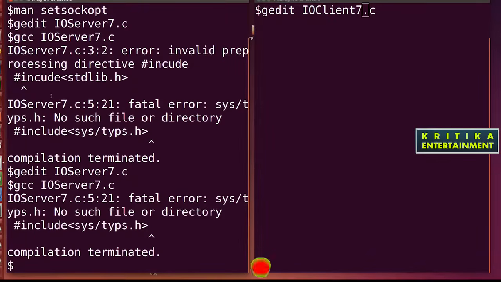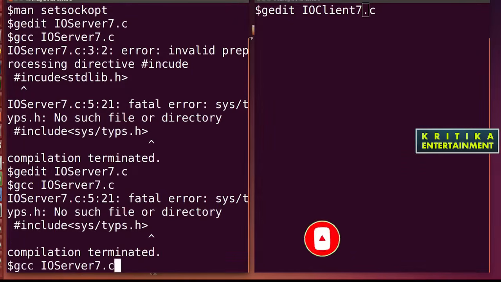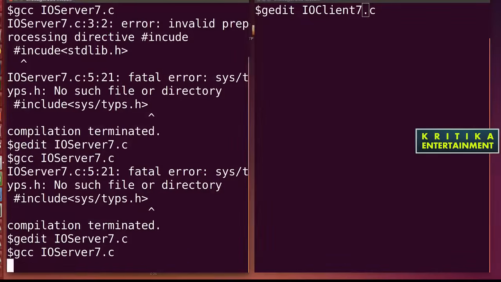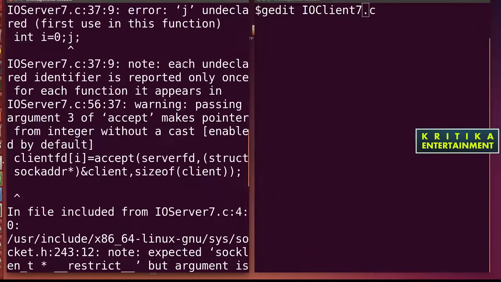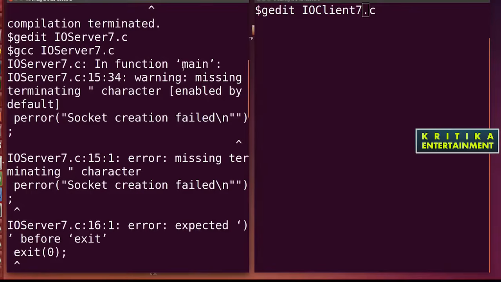Only there are 6 types, so types. Okay, then close it. Then we find the number of errors coming out. So I'll now clear this.